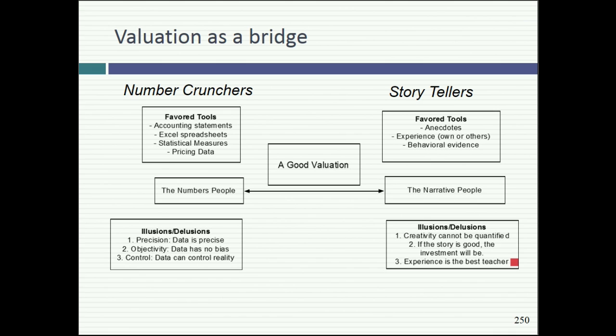Why? Because I'm a natural number cruncher. We have to think sequentially. Everything is linear. So if you don't like linear thinking, just jumble up the steps. There's no particular sequence you need. So here are the 5 steps that we're going to go through in converting a story to numbers.